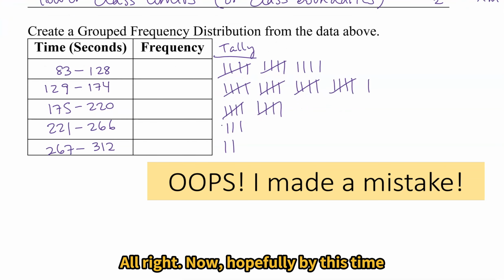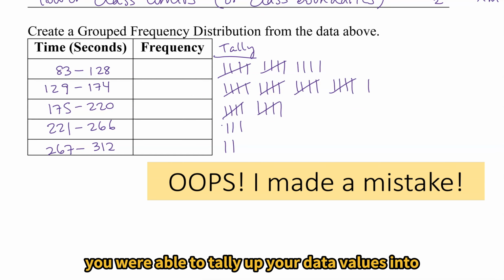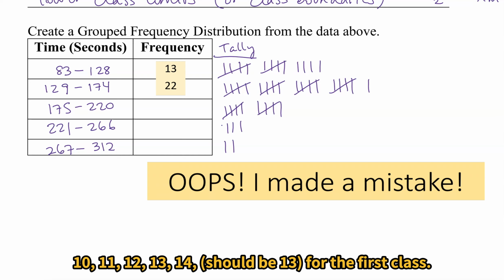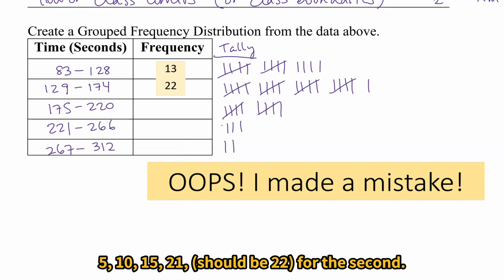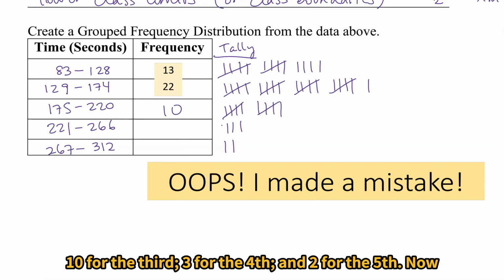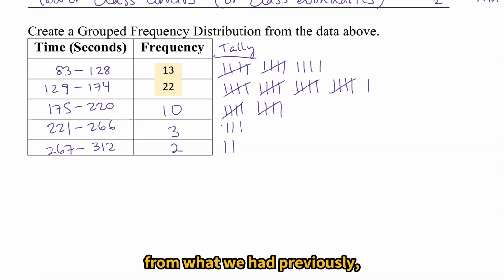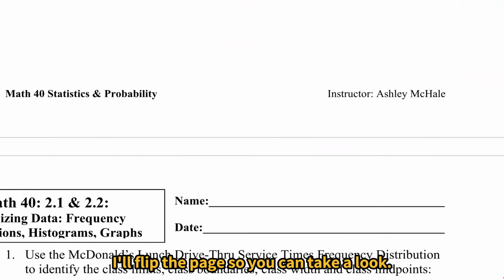All right. Now hopefully by this time you were able to tally up your data values into each of the different groups. If I'm counting my tallies to turn them into frequencies, 5, 10, 11, 12, 13, 14 for the first class, 5, 10, 15, 21 for the second, 10 for the third, 3 for the fourth, and 2 for the fifth. Now, because my classes are different from what we had previously, I'll flip the page so you can